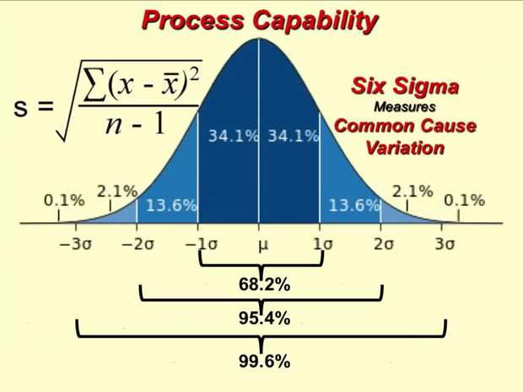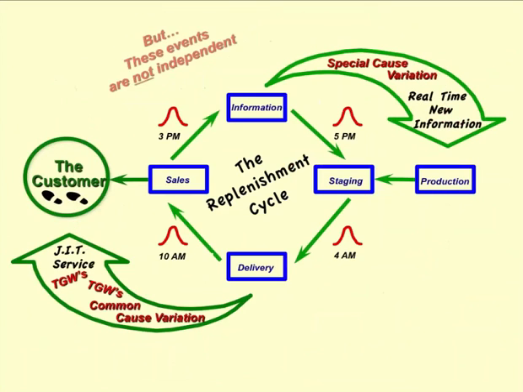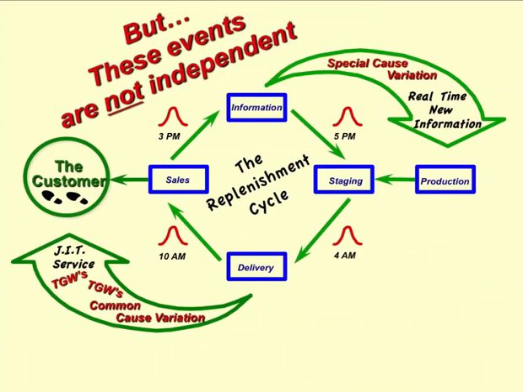It's this subject all over again. It's a measure of common cause variation. But the question still remains, does variation stack up or average out? And in this case,